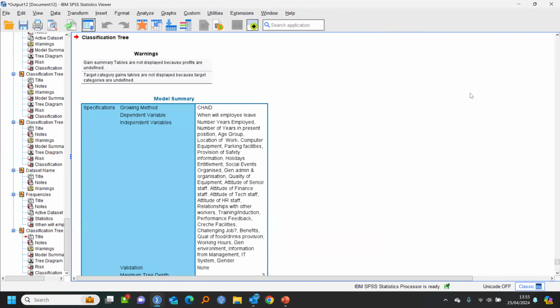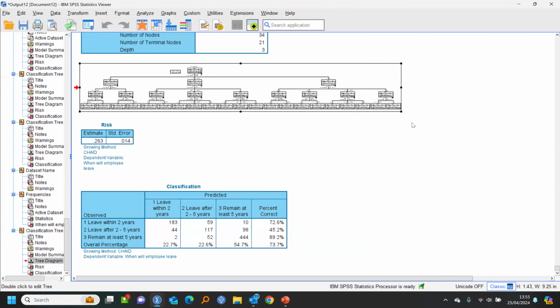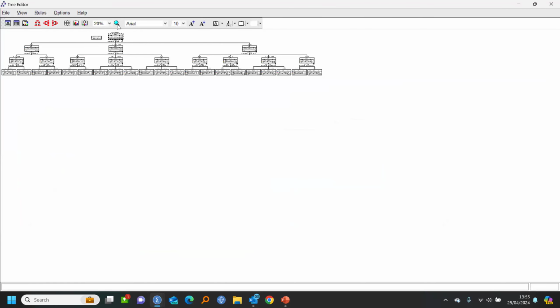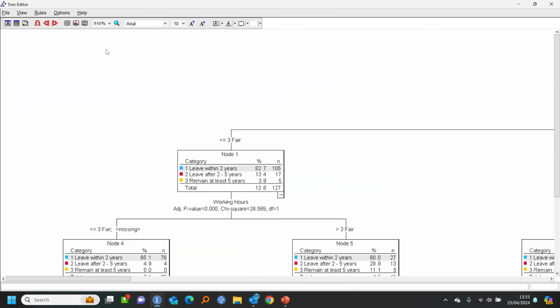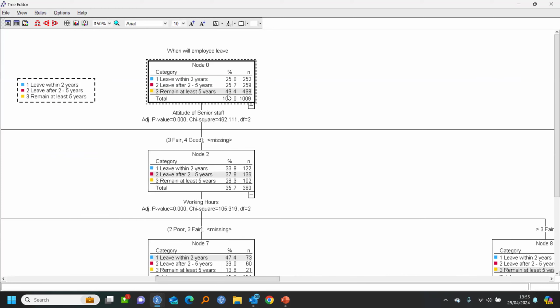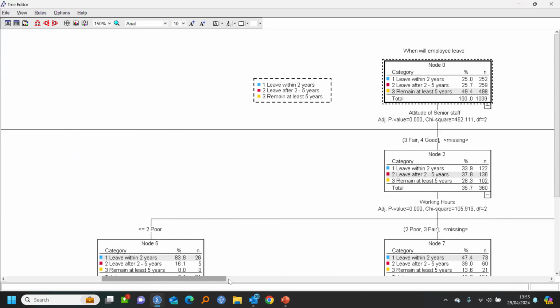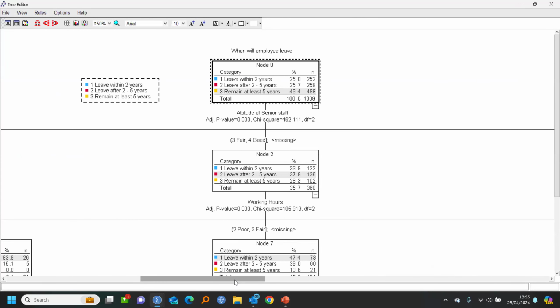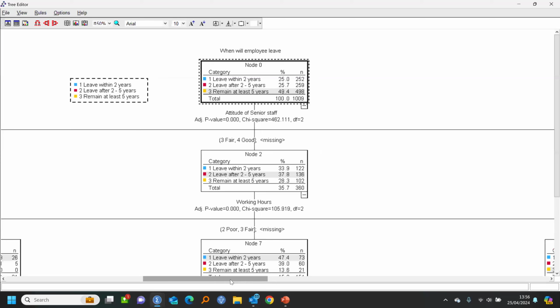Click OK. It produces a very shallow decision tree we can see here. So very wide, very shallow, and we can zoom in to 150%, and we can see that 50% of people will remain at least 5 years. And if we were looking at what is the single biggest discriminator between those who say they'll leave within 2 years versus those who remain at least 5 years,